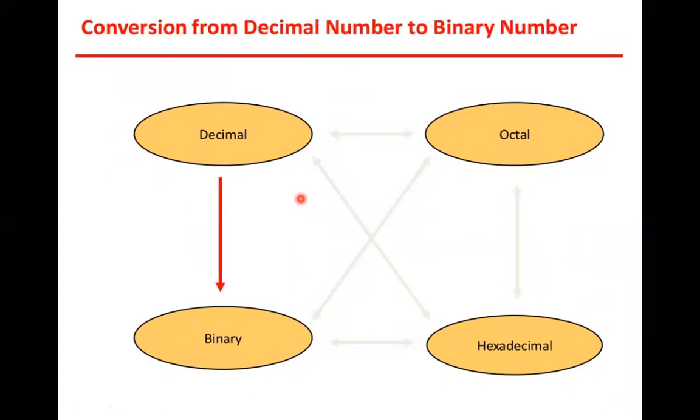Let us understand first how decimal numbers are converted into binary. Because if you use a calculator or any digital gadgets and do some mathematics, say 2 plus 2, I just key in 2, then the arithmetic symbol plus, and then again 2, and unless I press equals, it won't give a resultant answer like 4.